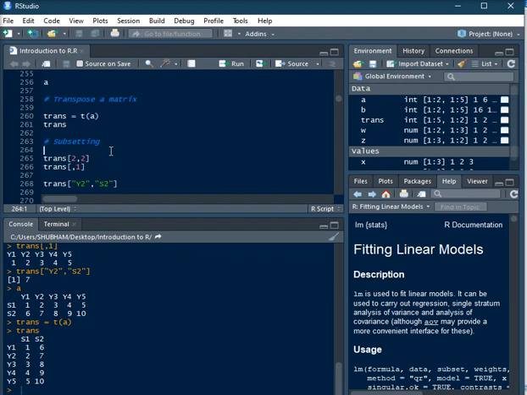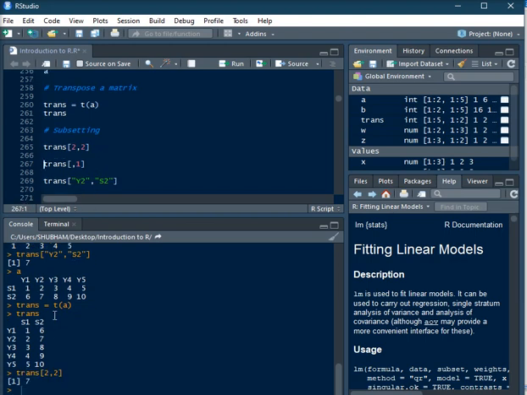Now, in order to subset this matrix, suppose from the trans matrix, I want to extract the element present at second row and second column, which is 7 right now. So, in order to do that, I have to write the name of the matrix first, then in square brackets, first argument is your row index and second is your column index. So 2 comma 2, this will give me the output 7, which is currently present in the second row and